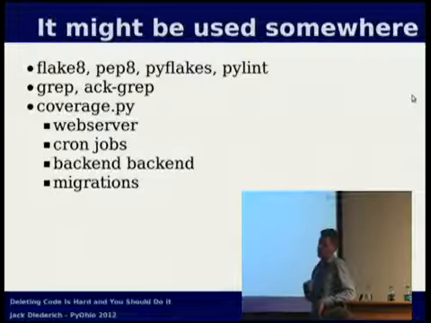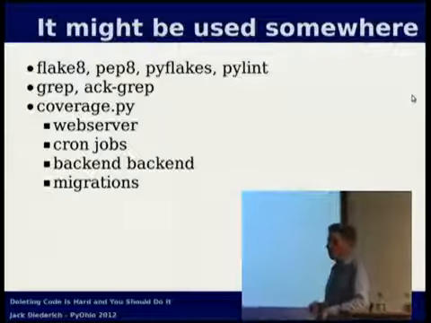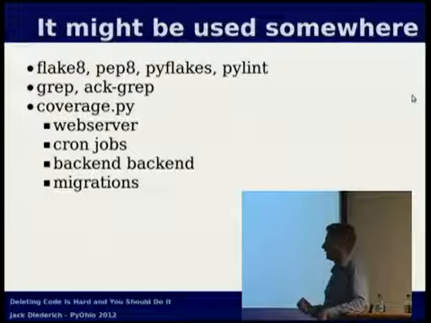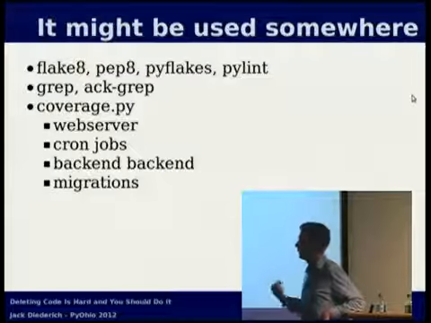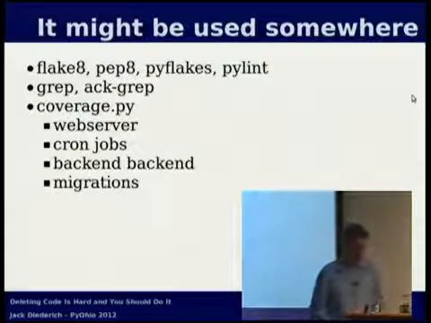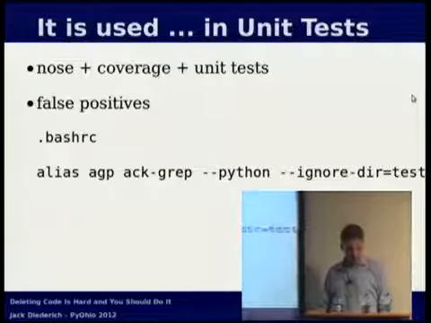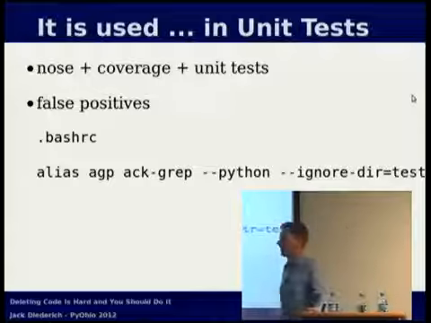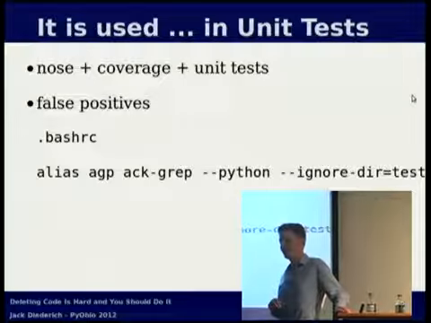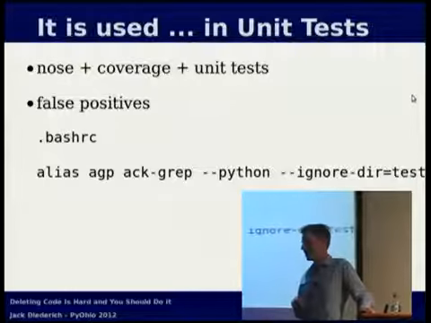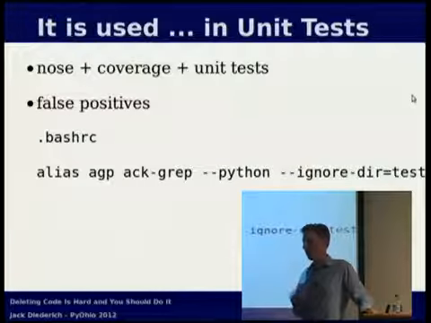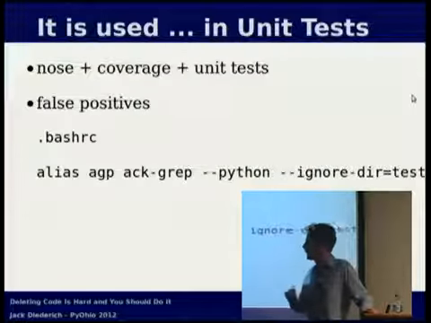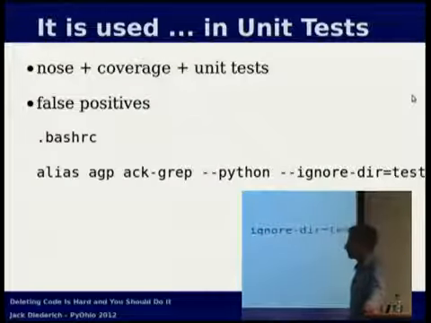Migrations. Migrations usually get run once, or perhaps they just get run when you spin up a new machine and a new database. So you'd have to add coverage.py to all your migrations to make sure that those are actually necessary and not deletable as well. A lot of code that isn't used is used in your unit tests, which makes it a little trickier. Once again, coverage.py will tell you that this code was executed, because it was, when you ran all the unit tests in your testing directory. So these are false positives. Again, there's no perfect solution to this.